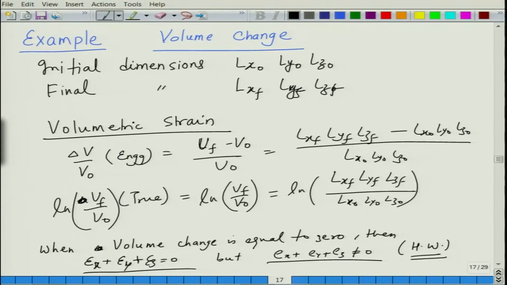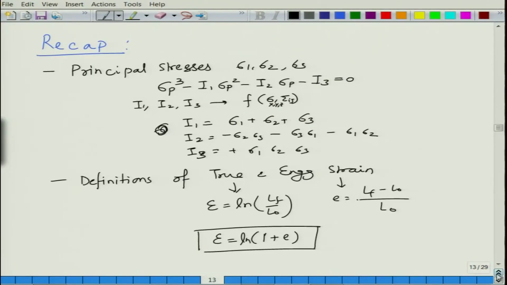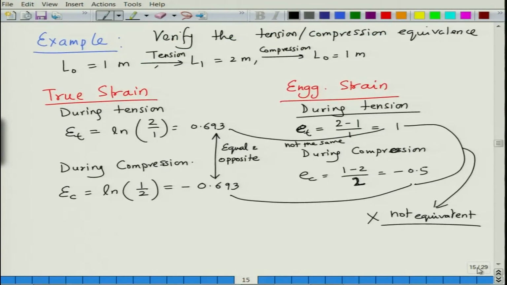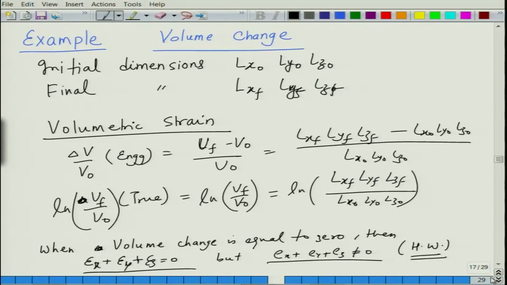Alright, so what we have seen so far is that we have looked at the differences between engineering and true strain. We have looked at how true strains are equal and opposite, which we have proved, so they are equivalent in tension and compression. True stresses are additive and engineering strains are not additive, and